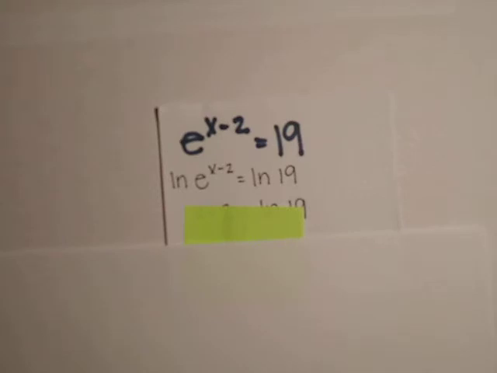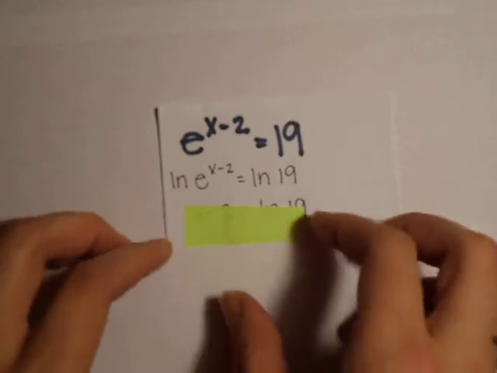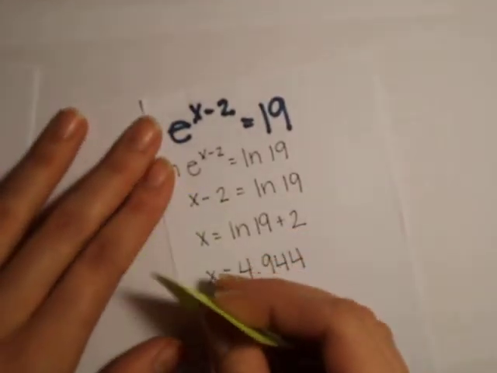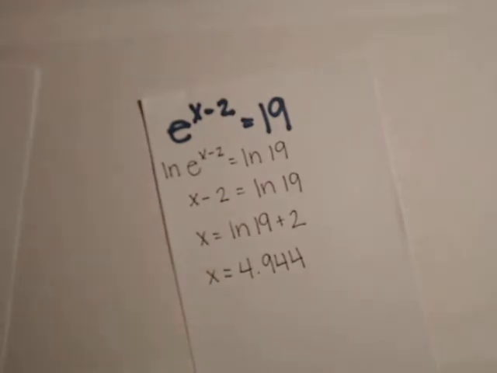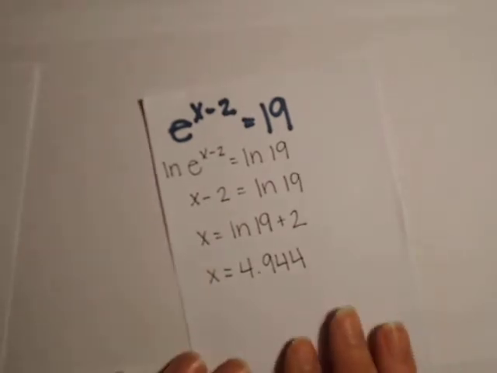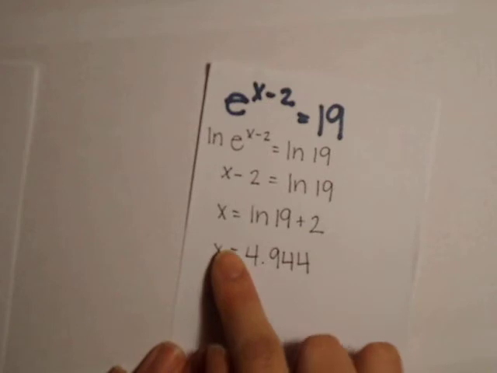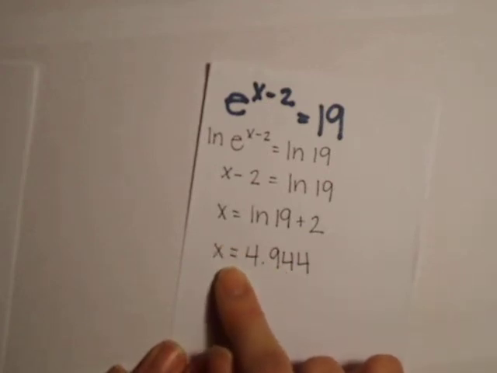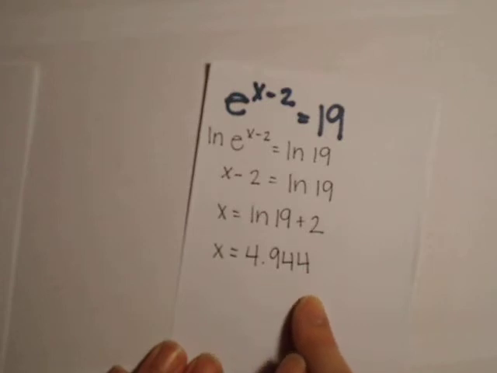This leaves us with the natural log of e to the x minus 2 equals the natural log of 19. Now we can bring our power down. So x minus 2 equals the natural log of 19. We can add 2 to each side, and we'll be left with x equals 4.944 after we put this in